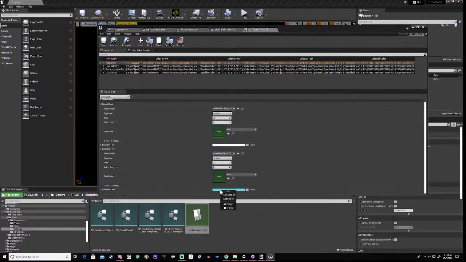If I do this and I copy it, and then we paste it, and we paste it, and we paste it one more time,